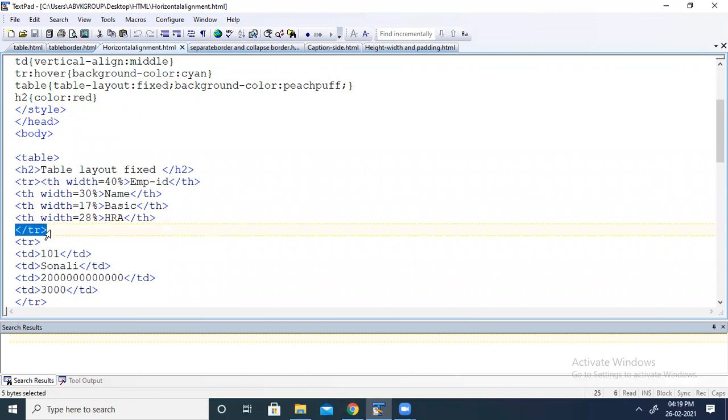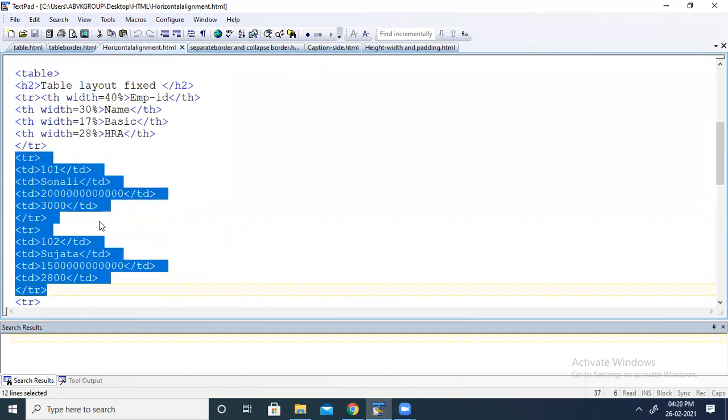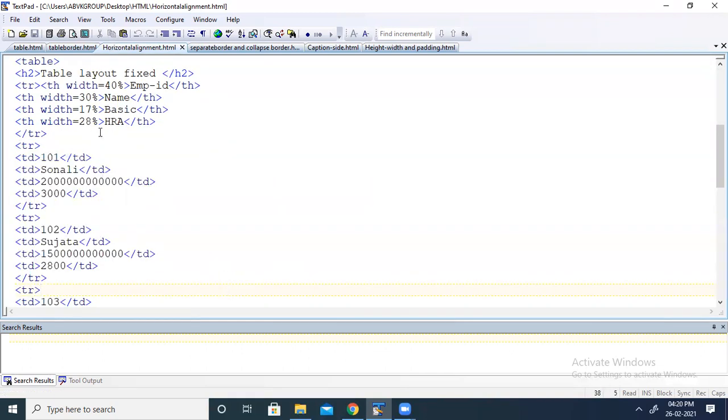So here, first row work is done. Now I am moving to the second one where I will enter my data. So first set of rows you can see here, TR101 employee ID, name again I have taken same name. Then this is for the basic and this is for the HRA. Okay, so all four headings we entered all four data.